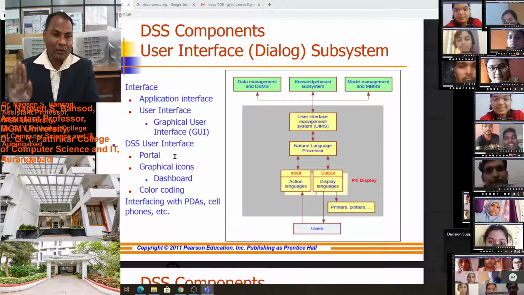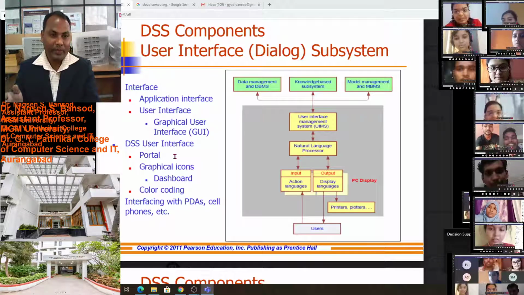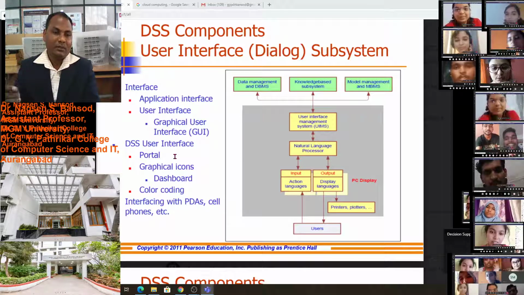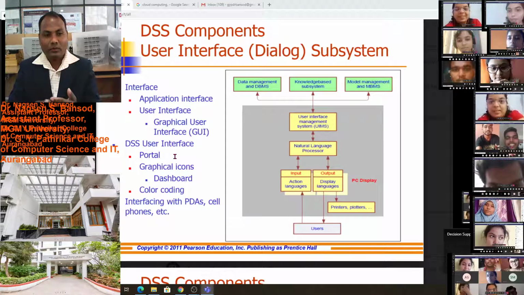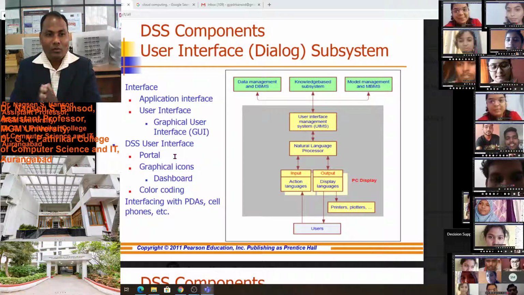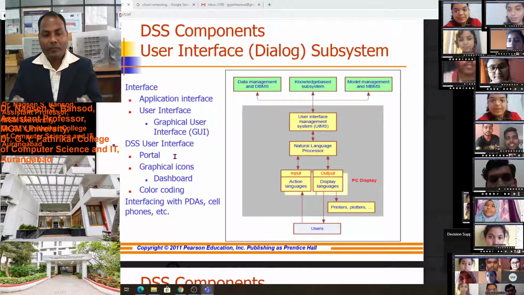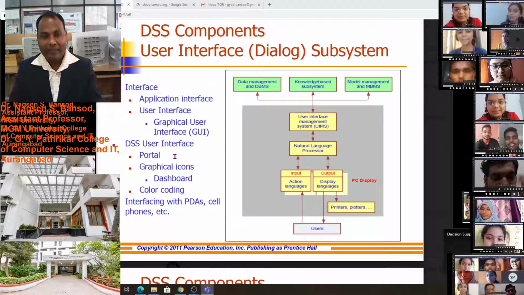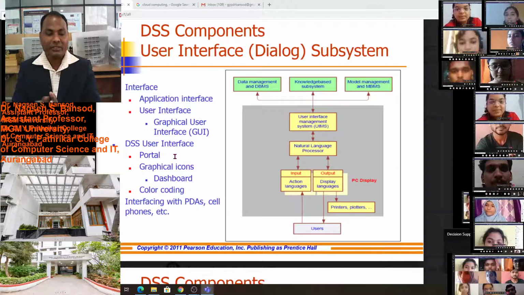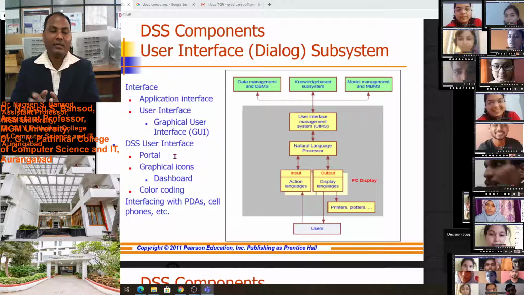Only online transactions will happen there, and people can take an online statement, do online balance checking. All the online activities may happen in that portal.